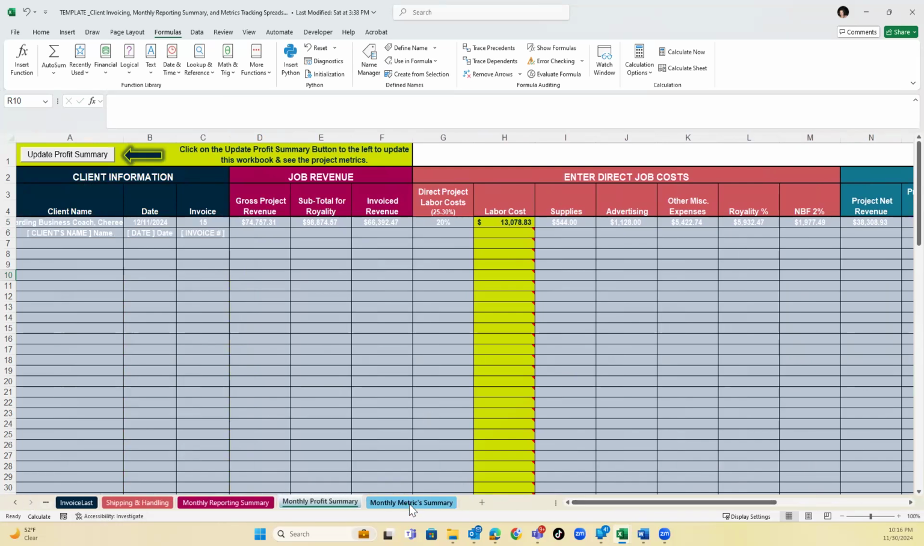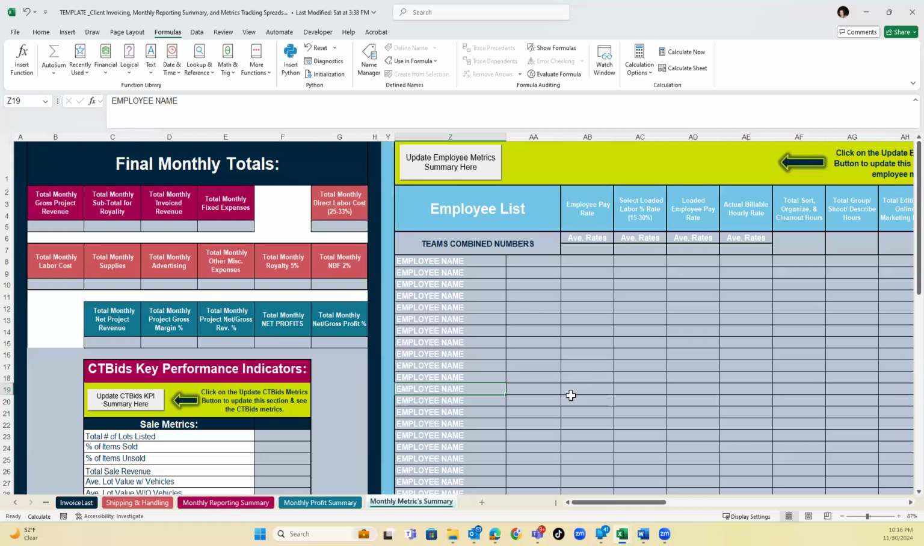And then finally, let's hop into this monthly metrics summary and see all the magic happen here. So again, if we click calculate sheet, now we're starting to see all of our metrics pulled together for the whole entire month. This again is just one client because we've only done one invoice so far, but